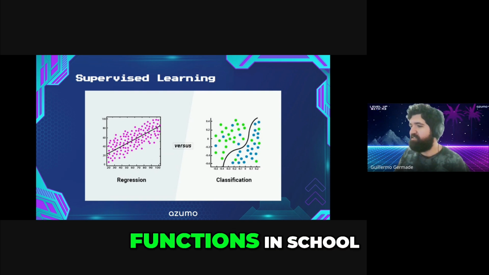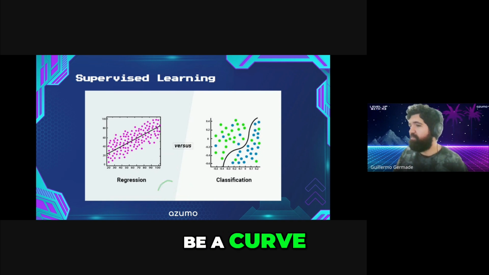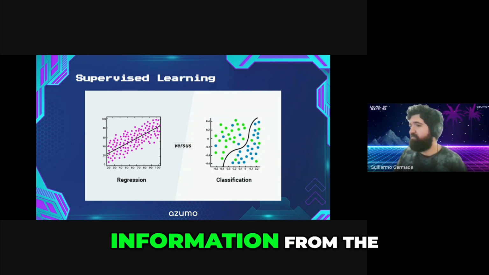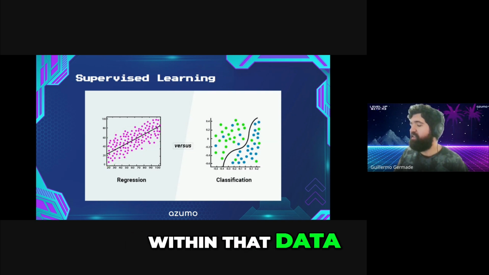If you remember functions in school, a function can look like this, like a straight line, or can be a curve. But it's just a model that takes in the information from the historical data set and finds some shape or pattern within that data, so that when you paint a new dot here,